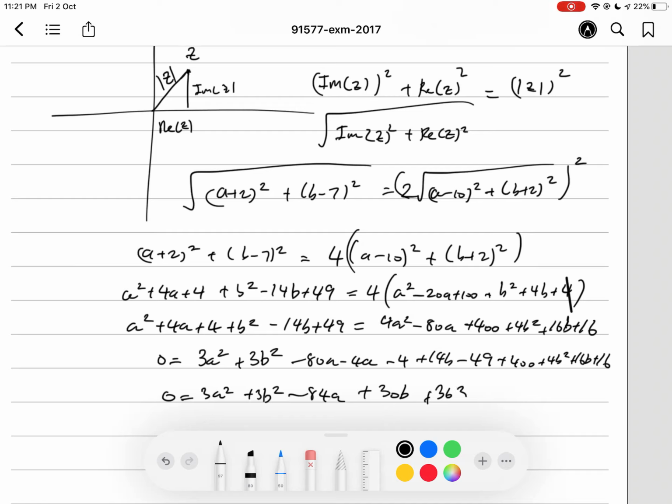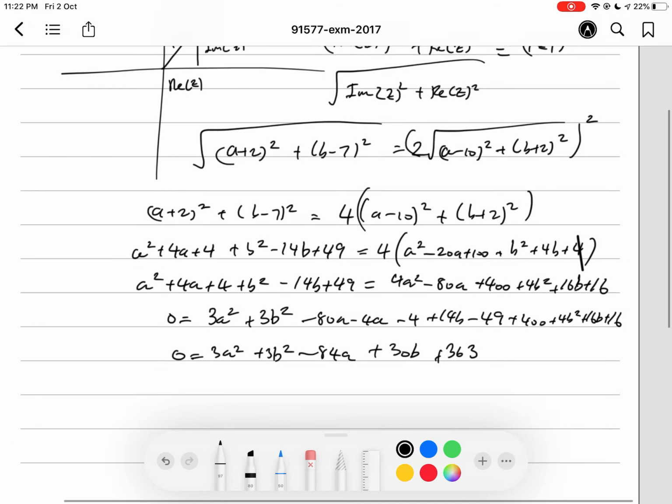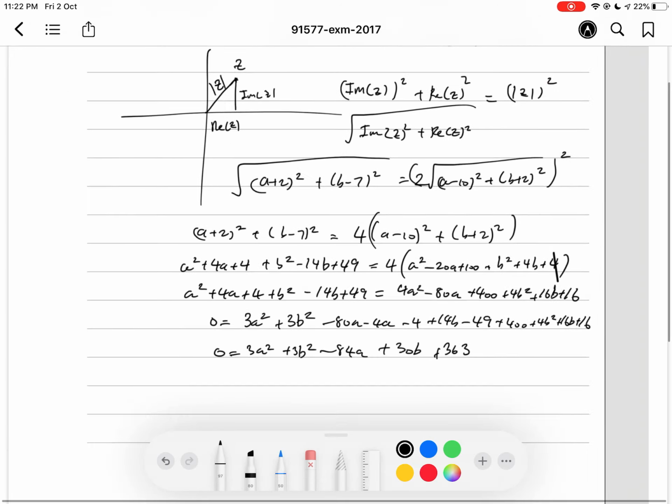Plus 363. Right, that seems right. So 3a squared plus 3b squared minus 84a plus 30b plus 363. Let me just double check that. Yep, that seems right. Okay, so now in order to write it in our Cartesian form, so we want it